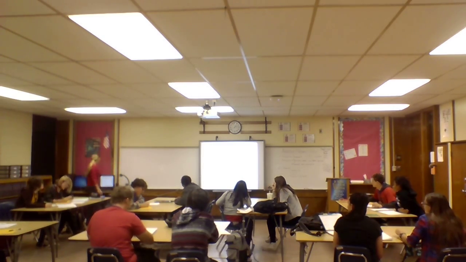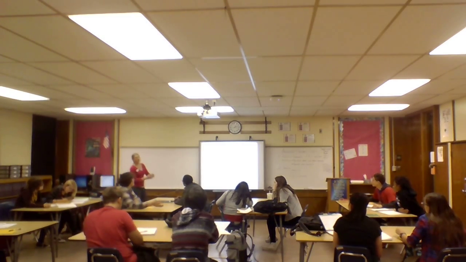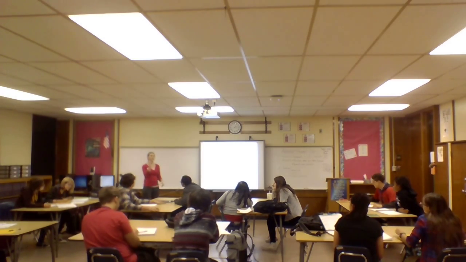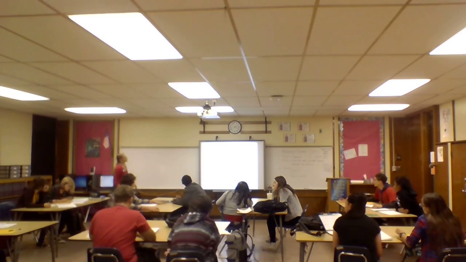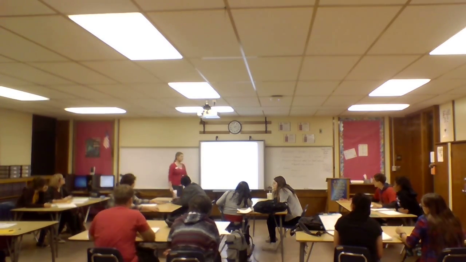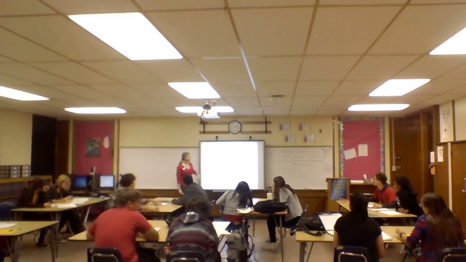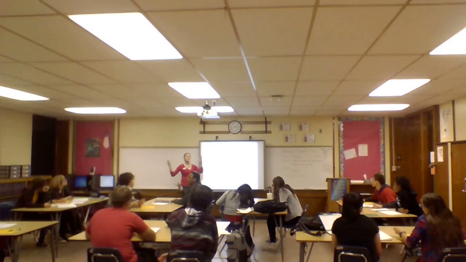So now that you know simple sentences, what would happen if we added another clause to the end of that? Yes, it's the same thing that you were doing on your homework. We're going to start with the ones with coordinating conjunctions. Does anybody know what coordinating conjunctions are? Give me an example. For, and, nor, but, or, yet, so. Awesome, nice. Memorized. And then the I's represent independent clauses, which are the ones that can stand alone.